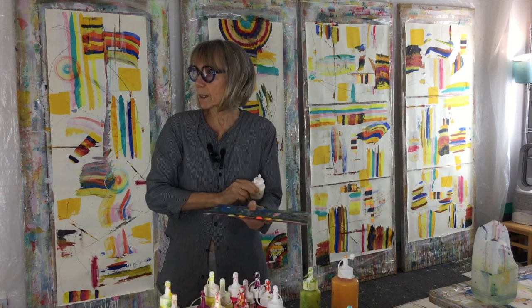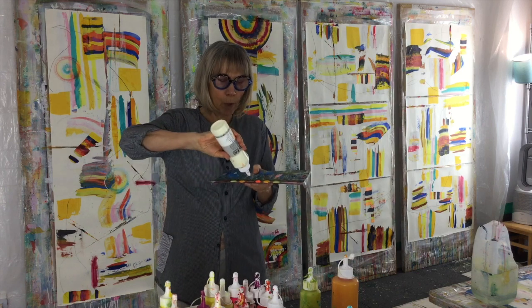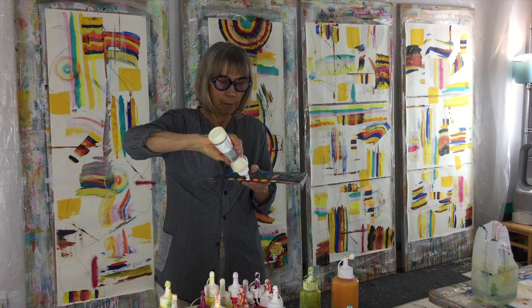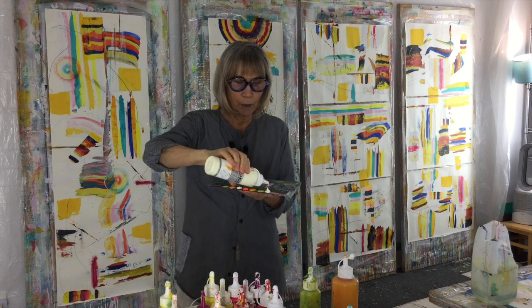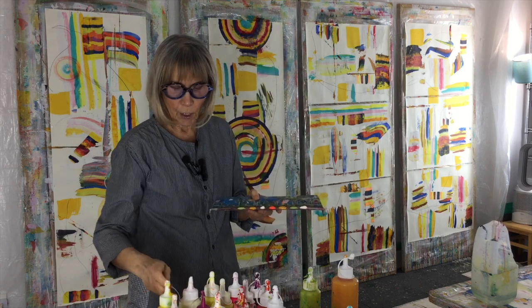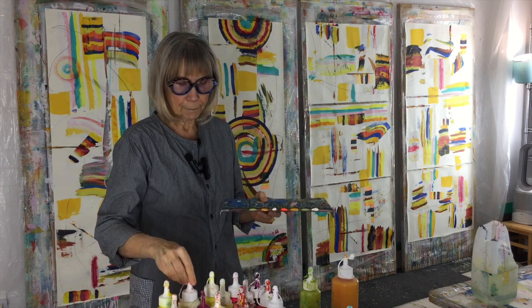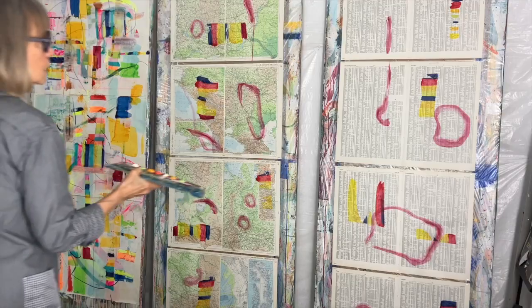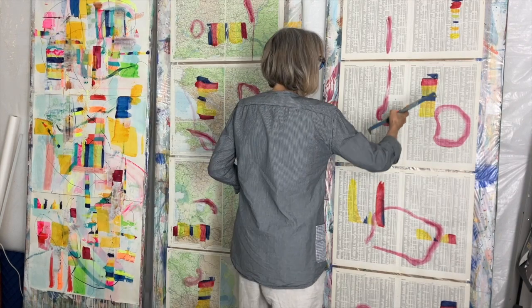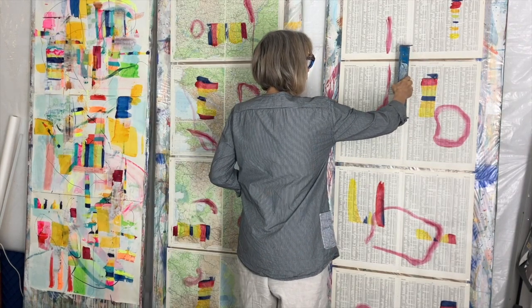I fully expect this to overwhelm the map. Let's see, I'll put a little light on the edge, and I'm going to use the pastel colors because I'm testing, because I can always do more. All right, this would be interesting. Oh, this is almost too...